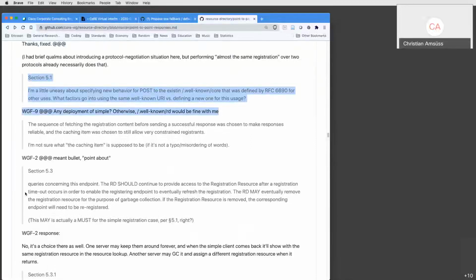Are we generally fine with using links from a resource directory there? Because the intention of that post could really be anything, and the interpretation on the server depends on what they advertise as link properties. So